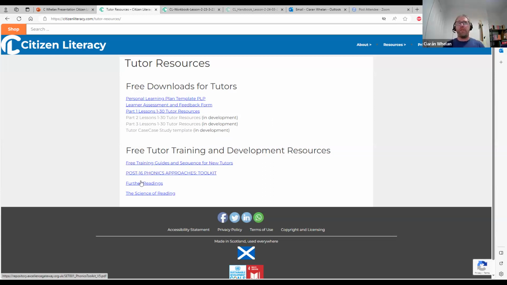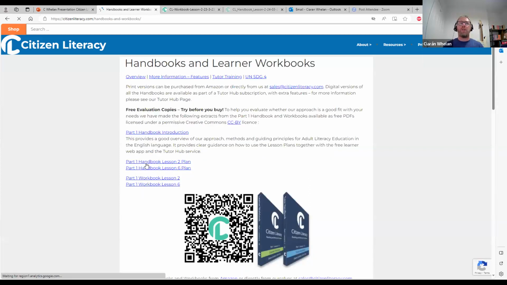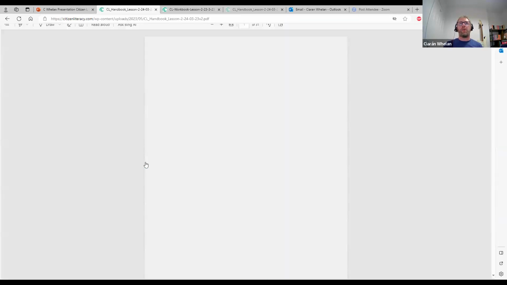So as I was saying before, have a look at the post-16 phonics approaches toolkit. And that'll give you some great resources and ideas and inspiration to use in tandem with the learner app as well. And if we go to resources, and if we go to handbooks and workbooks, then we've got, for example, the handbook for tutors, and then we've got the workbook. So if I click on the handbook,